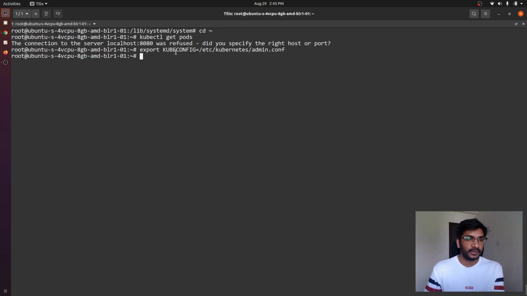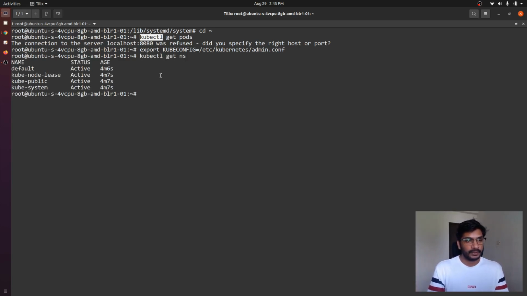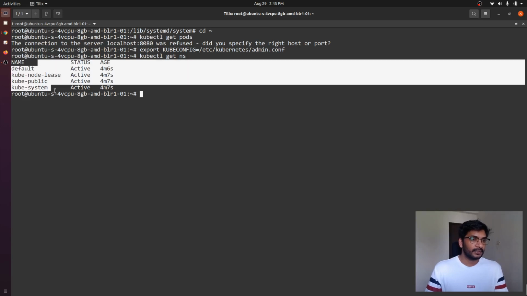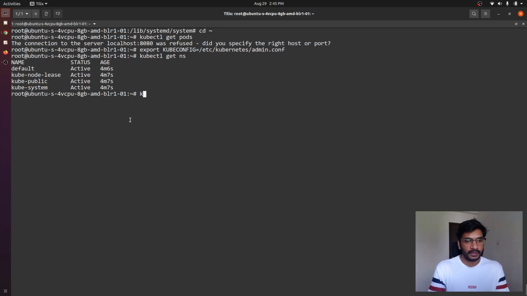So we have specified the kubeconfig file so that kubectl would be able to figure out where exactly the Kubernetes API server is running and the credentials it has to use to authenticate itself against the API server. So kubectl get ns, and we can clearly see that all these namespaces were created 4 minutes back, and if we get